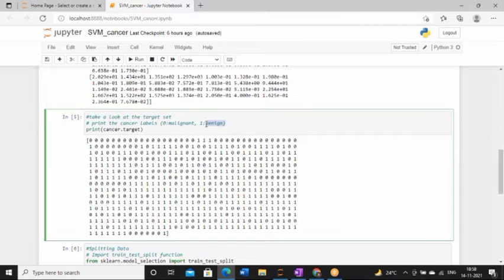Whenever some column contains this kind of string value, we consider it as categorical data. So we cannot use categorical data as a class level. At that point of time, it becomes mandatory that we decode it. Decoding means, say, malignant means 0 and benign means 1.